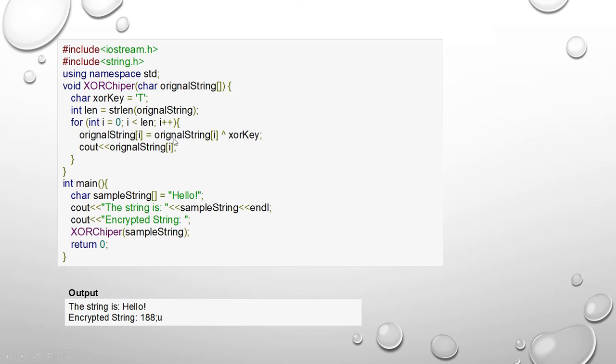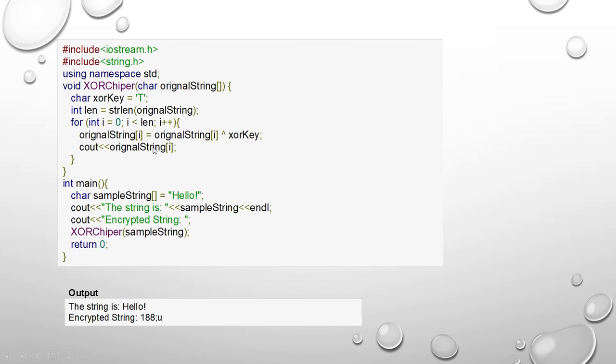Now in original string we should evaluate one character at a time. So original string of location 0 should be evaluated with the XOR key operator, that is caret, and your constant key value t. So I am typing h, so h caret t should be there. Here in original string, location 0 has h, so h caret t.